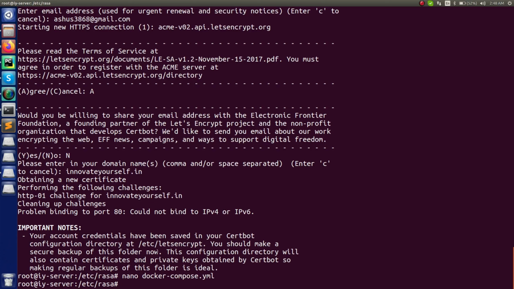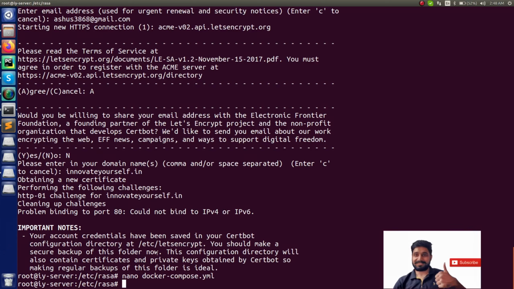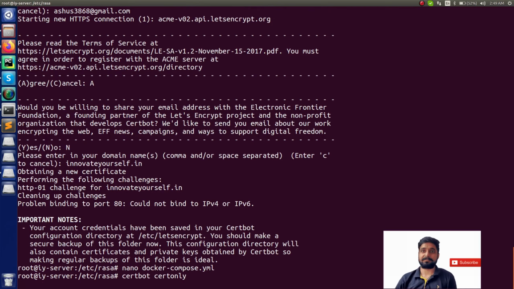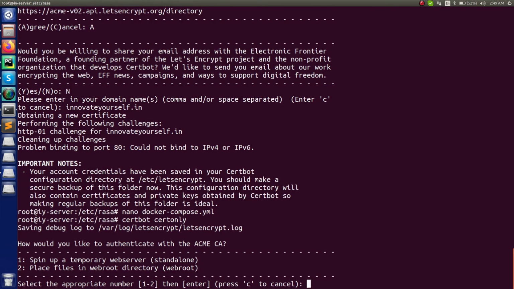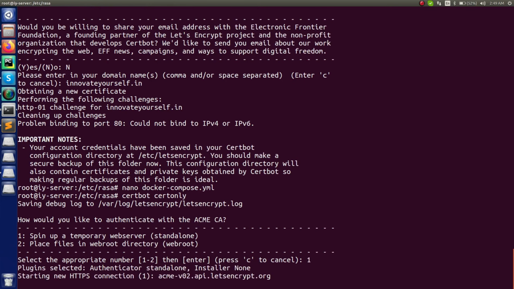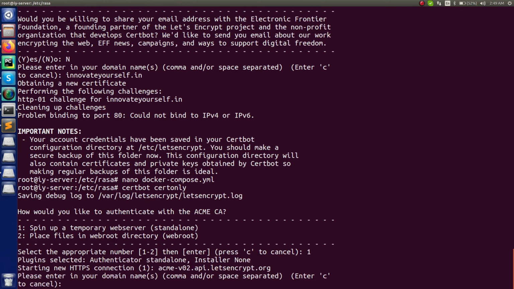Right, so I have done this part. And now just run this command again, certbot certonly, press 1, as I already mentioned before, now just type the domain name and press enter.